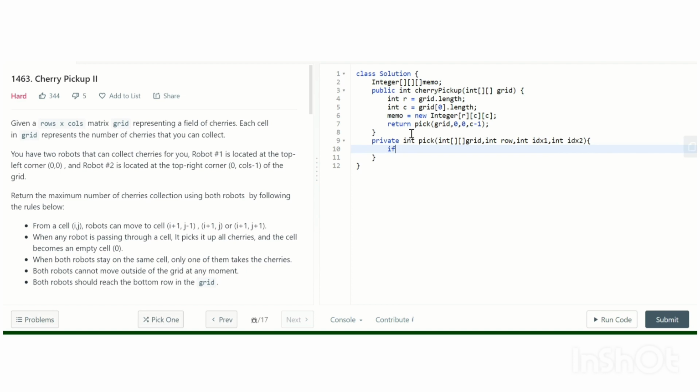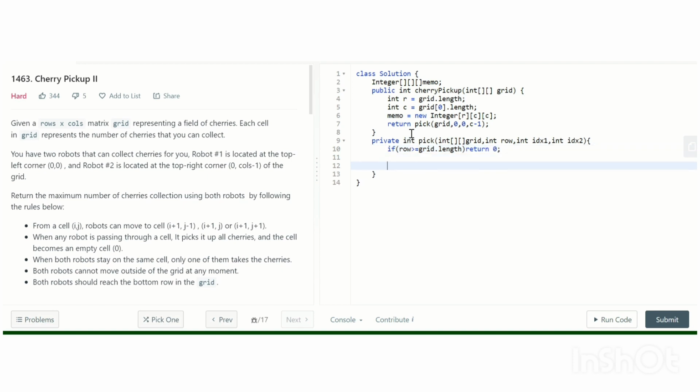So we'll check here if we have reached the end row, or greater than the end row. That means if we have completed all the rows, we check here: if row is greater than or equal to grid.length, then we know that we can't collect any cherries, so we simply return 0.